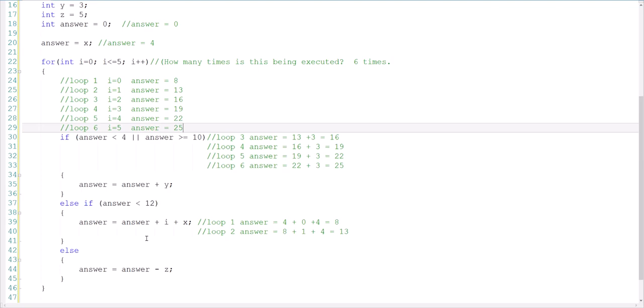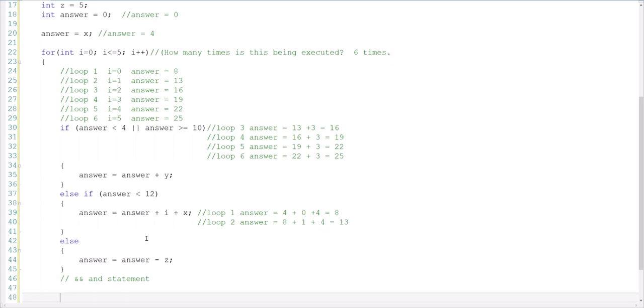Now, one final thing to review here. Don't forget about a couple other operators. This is an AND statement. So let's do a couple things here. If I do an if statement, and I were to say if answer is less than 4 and answer is greater than or equal to 10,